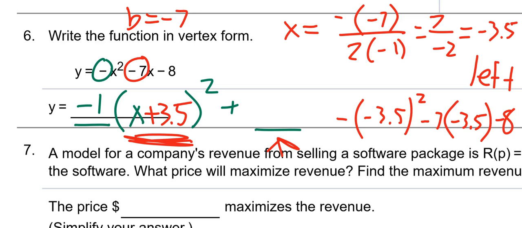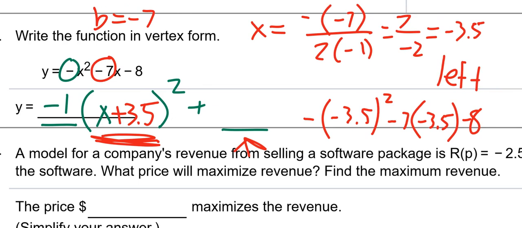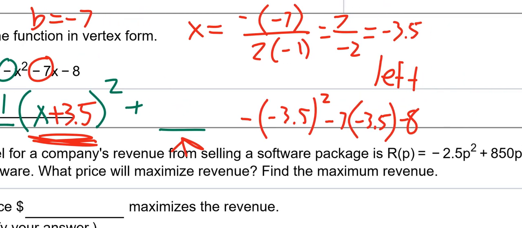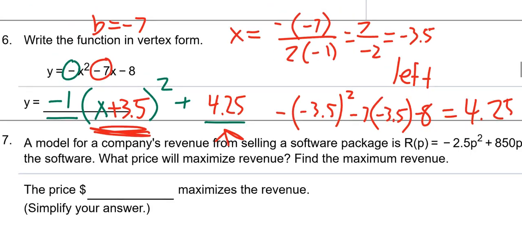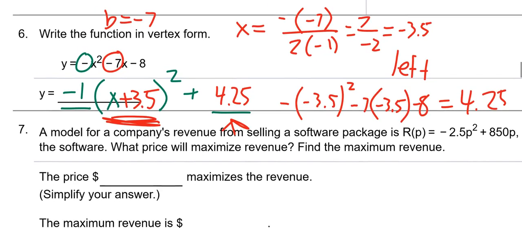What'd you get? 4 1/4. That's true. I would definitely check my parentheses. This is 4 1/4. Definitely check parentheses when you're typing this stuff in, you get 4 1/4. Okay, now,